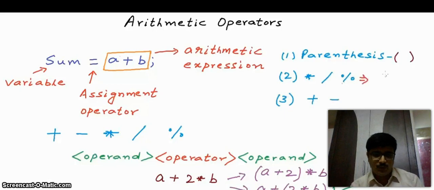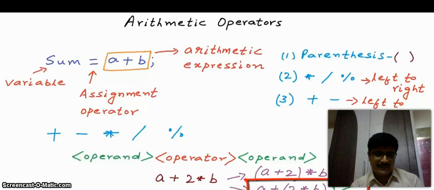If there are two operators of the same priority, then they are executed from left to right. In the expression a plus 2 into b, what we implicitly mean is a plus, and then 2 into b within parentheses. If we want the addition to be performed first, then we must put parentheses explicitly. We should write the expression like this.